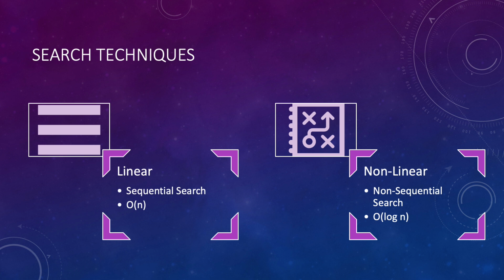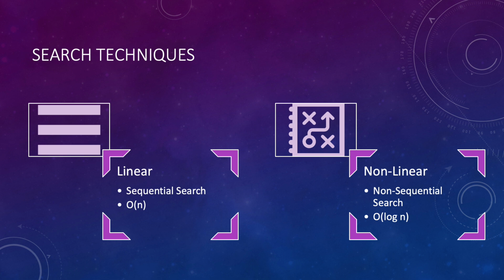So what do we mean by linear? Linear is basically a way of searching an element sequentially in the list, and obviously, as the name suggests, since we are searching every element one by one in the list, the time complexity turns out to be big O of n. And coming to the nonlinear approach, we have a non-sequential way of searching, and the